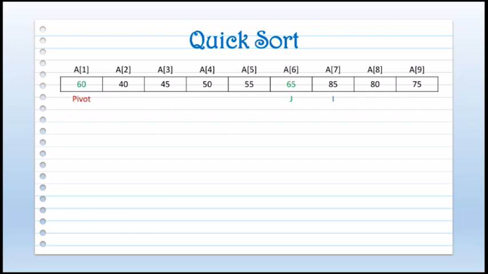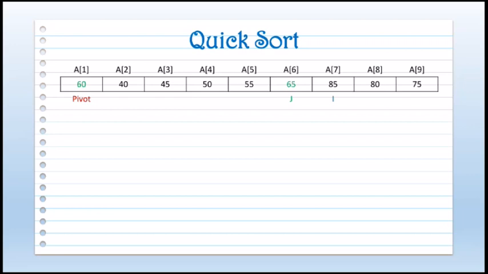So this will be 60 comes to the first position and 65 goes to the 6th position. After this calculation, we have found that the position of the pivot element, that is 65, will be at the 6th position in the sorted list. After finding the position of 65, you can see the elements before the 65 are less than the pivot element, that is 65, and the values present at the right hand side of 65 are greater than 65.